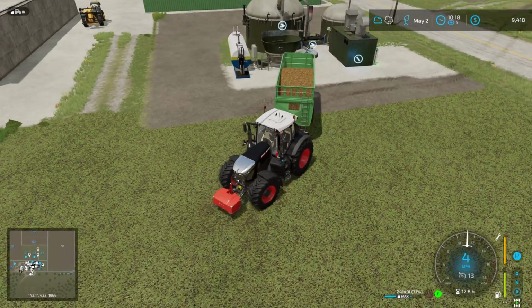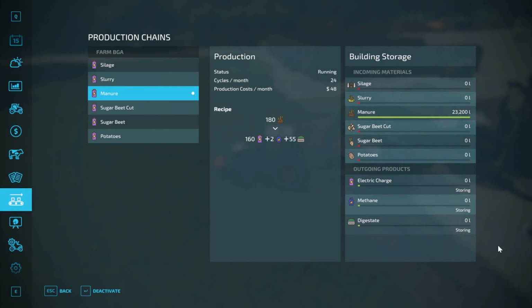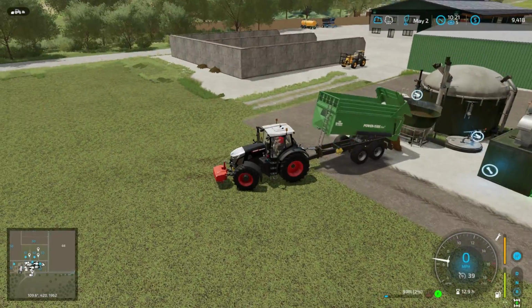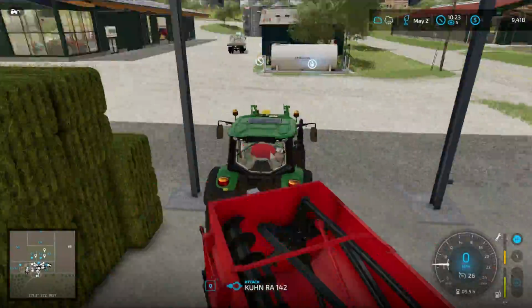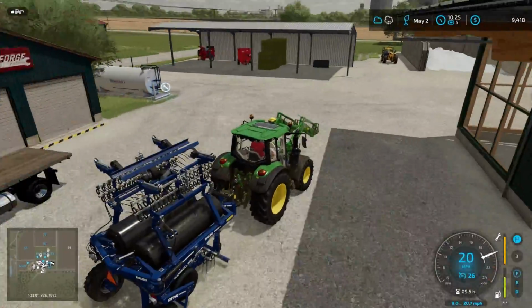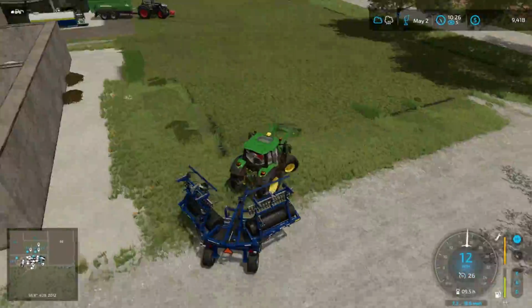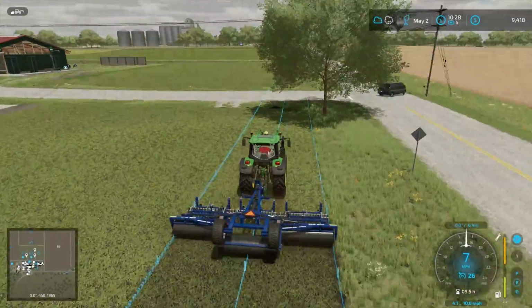Yeah, it doesn't hold a huge amount. Holds less than a trailer full. We'll stick the manure processing on. We don't really have much to do now. We need to roll the grass, but that's it until harvest really. So I'm going to get on with rolling the grass and see how it does processing. Got it on 5 times speed, so hopefully by the time we've rolled the grass we can get a bit more manure into the